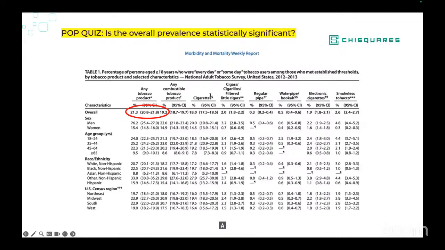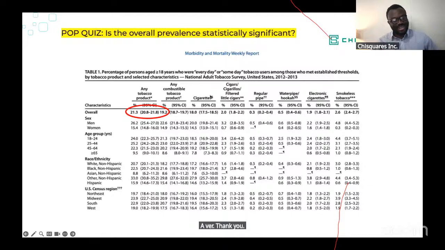Isaac. Good afternoon. Thank you for this opportunity. I'm not seeing any significance test done, which is the p-value. So at this moment, I cannot conclude whether it is significant or not. Thank you. All right, thanks. One last person. I'm really looking to hear something which I've not heard.